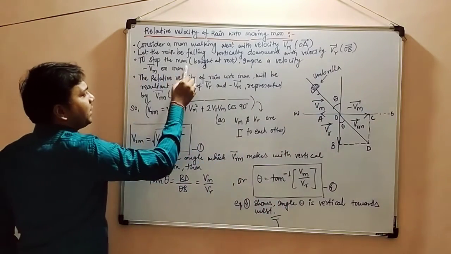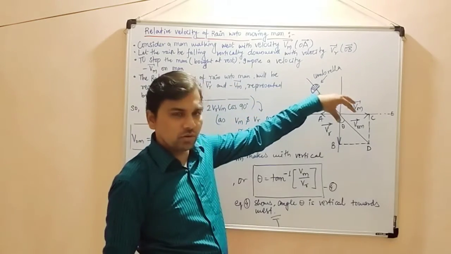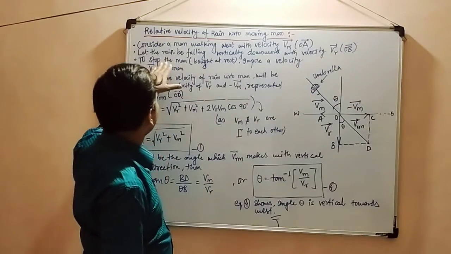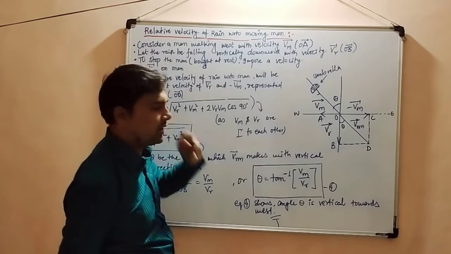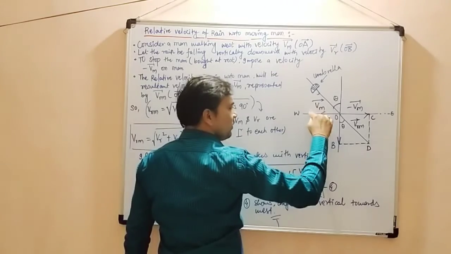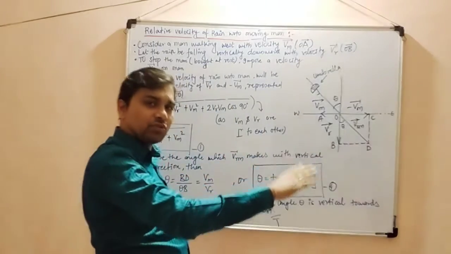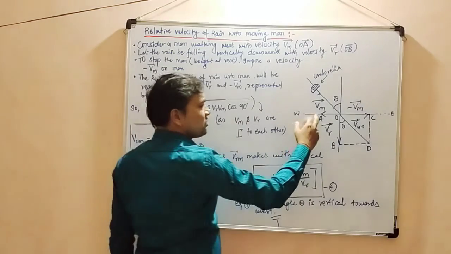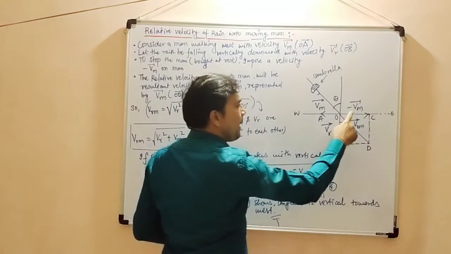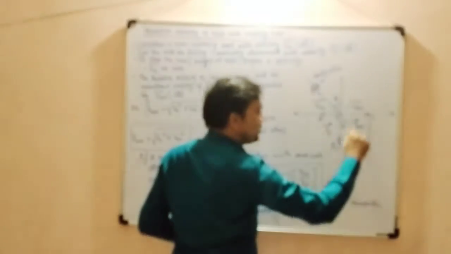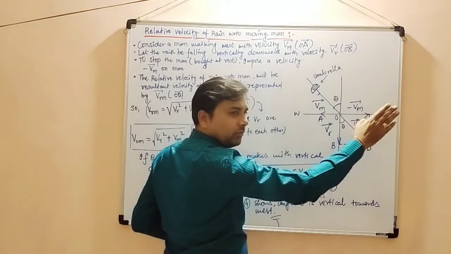To stop the man, that means to bring him to rest. अब इतना जोर से पानी गिरना है कि इस व्यक्ति को रुकना है. तो to stop the man, to bring him at rest, impose a velocity minus Vm on the man. मीन्स इस व्यक्ति पर इतनी वेलोसिटी लगाना है कि वो रुक जाए. तो कितनी वेलोसिटी लगानी है? जितनी वेलोसिटी से चल रहा है उसी को रिवर्स पे लगाना है. Here the velocity of the man is vector Vm. So how much do we have to apply? We have to apply minus Vm, vector of minus Vm. When we apply this much velocity, the person will come to rest.